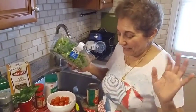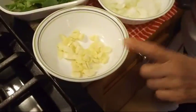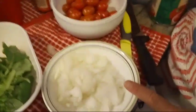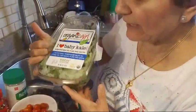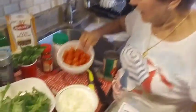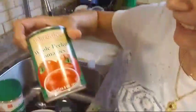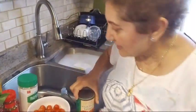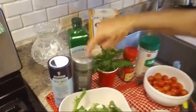I saw it in a paper. It was a recipe in the paper. Okay, you need 4 or 5 cloves garlic. I cut them up. 1 small onion, medium. Bunch of kale. Buy this kale, okay? Don't buy the one that's curly and hot. Bunch of cherry tomatoes. 1 can whole tomatoes with the juice. Red pepper. Black pepper,